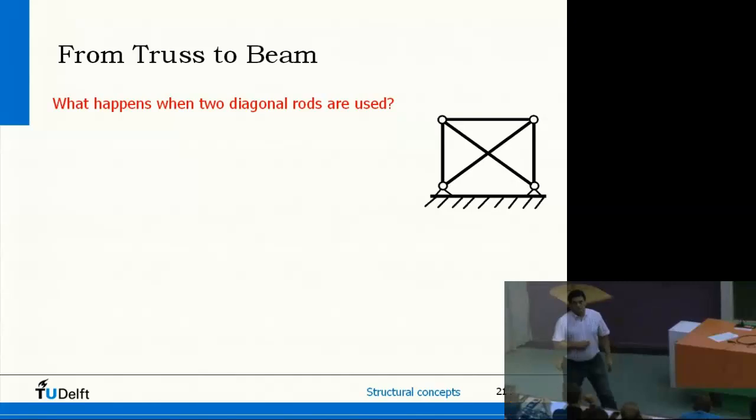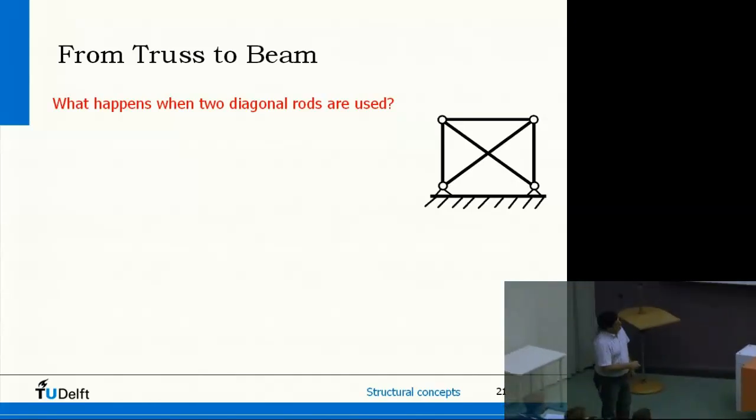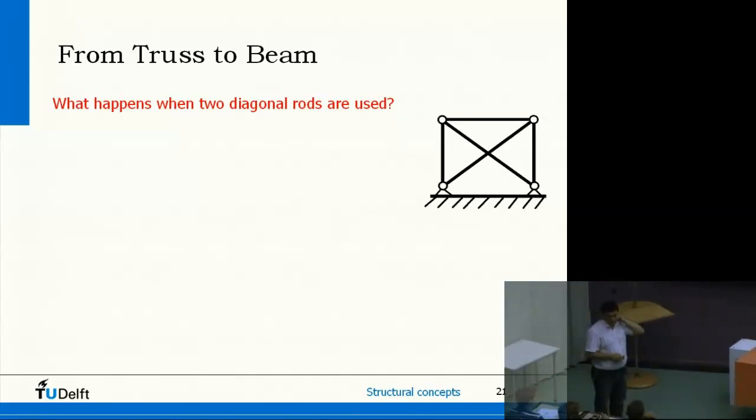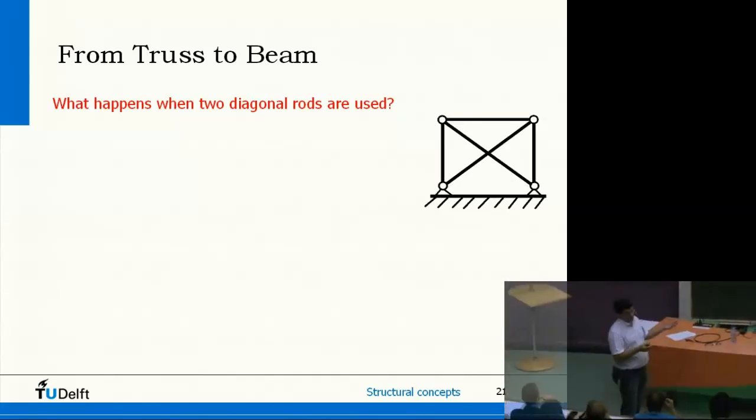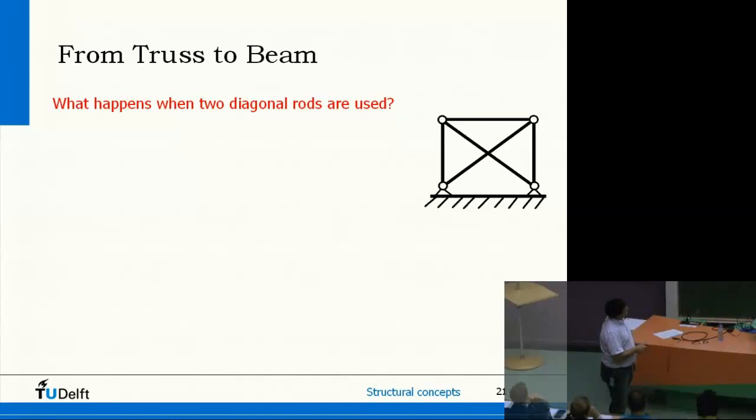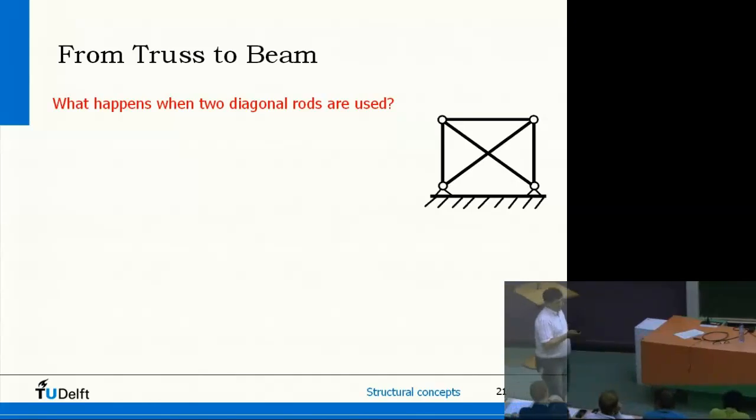Well, actually, you have two problems with that. First of all, indeed, the weight. You should say the weight here is too much, because you add an extra bar which is not useful. It's not adding something. And the second one is to get these two bars in the structure. One is okay, that's very easy, because then you have enough flexibility to put that bar in. But if you have to put in the other one, you need also a high accuracy, because otherwise it does not fit properly. So you make it yourself rather difficult to do so.